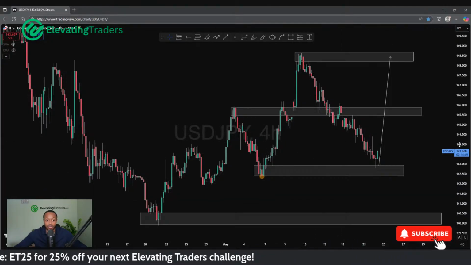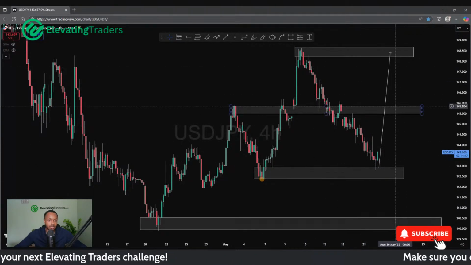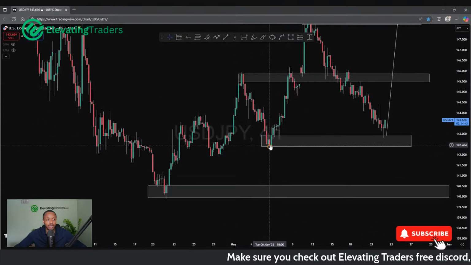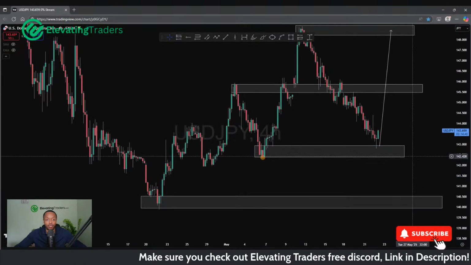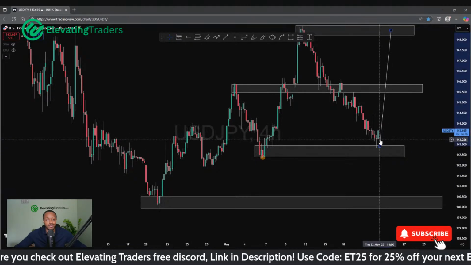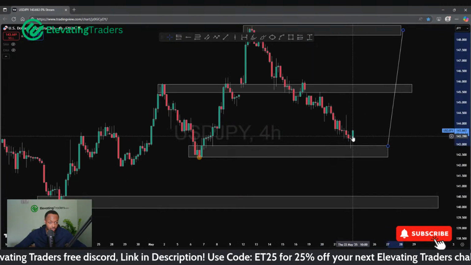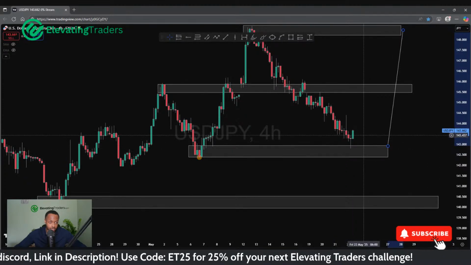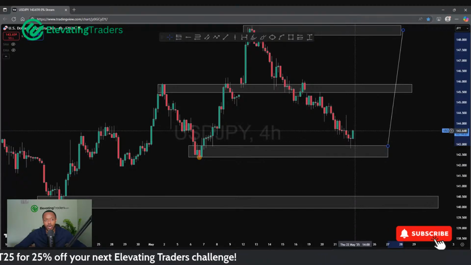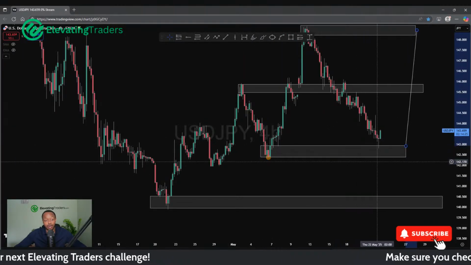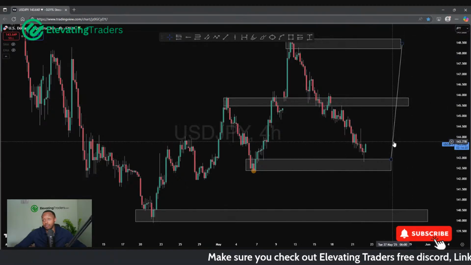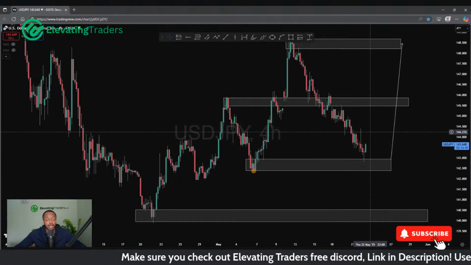This, being on the slower side of things, does still imply to me that I expect to see a bounce. I think as long as price can respect this low here, 143, 142.500, we'll call it, buys still look good. I said early in the stream, if we can see a strong close here, this does close in 2 hours and 40 minutes. If it can close well, I think that's a good entry signal on the 4-hour chart. Stops below the low and targets back to resistance there, 145.500. I think that's a nice play.